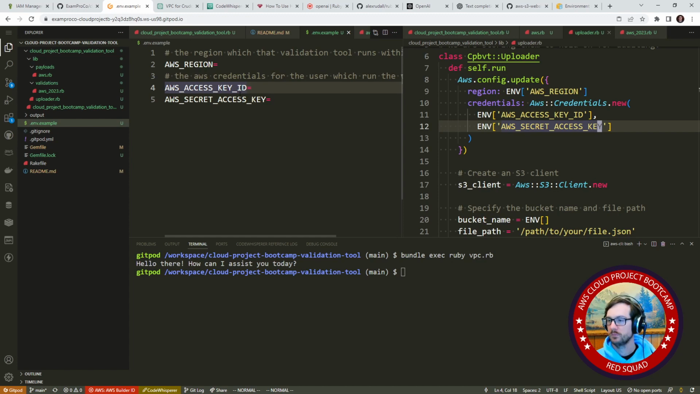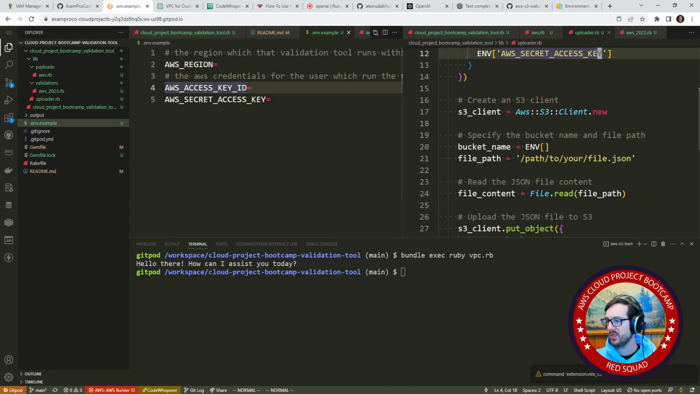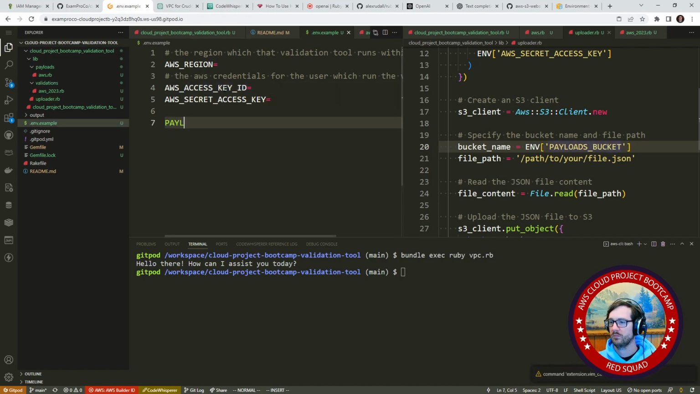Sorry. And we'll just try to be proactive about putting these in here. The bucket is going to be wherever, it's payloads bucket. The S3 bucket that contains JSON files describing the infrastructure,